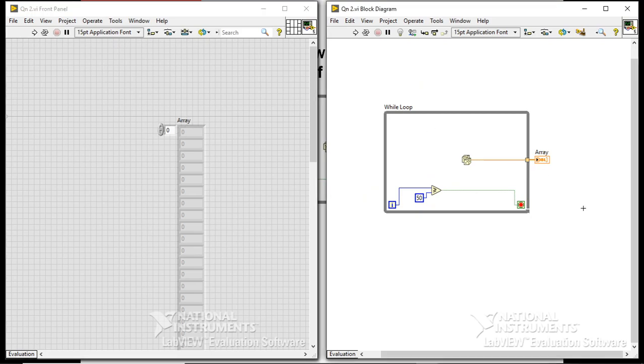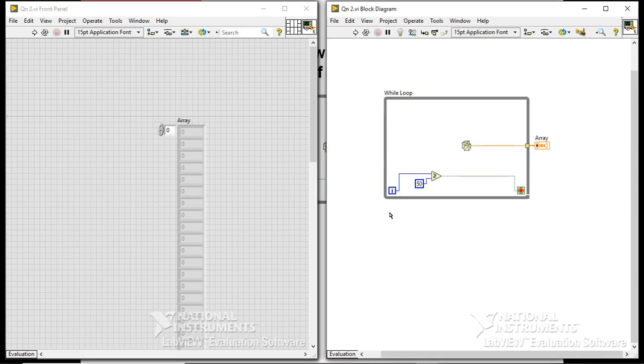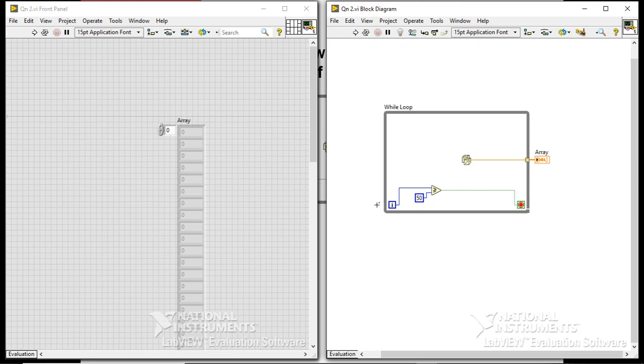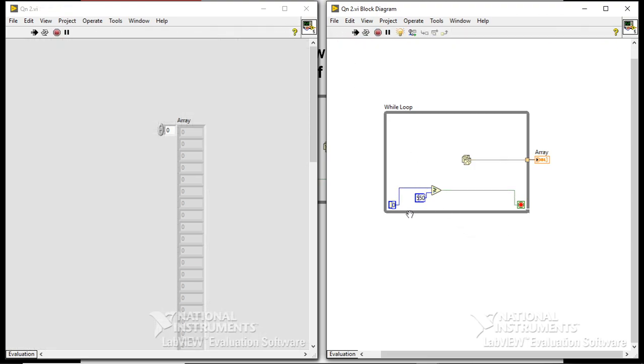Yes, I have mentioned the code. Whenever you are having trouble identifying what is going on, please press highlight execution. Since you are not going to work with real time, for better understanding of the concept, try to go with debugging tool concepts like highlight execution. Then you can see what is going on. The i starts from 0, and then 1, 2 like that, till 50.